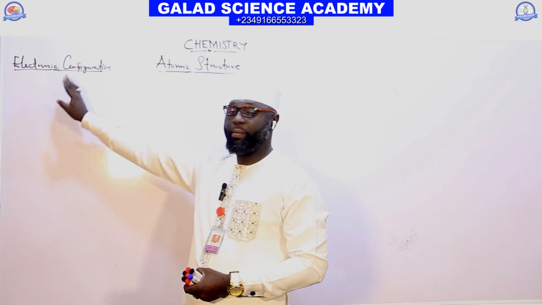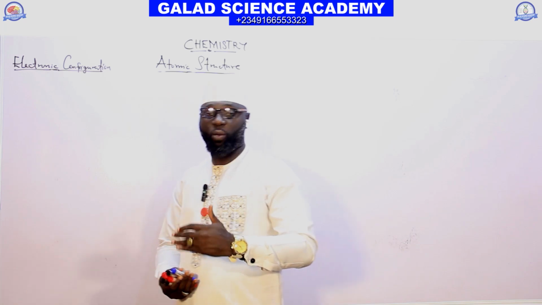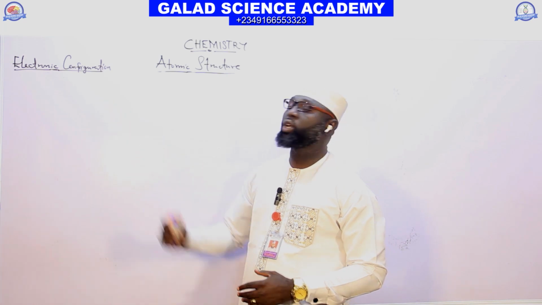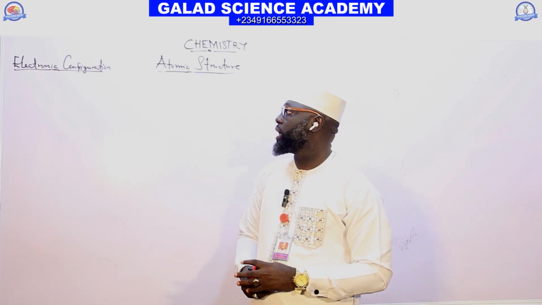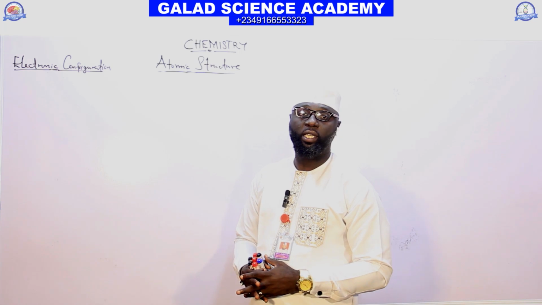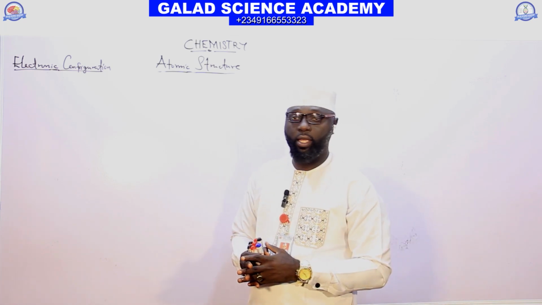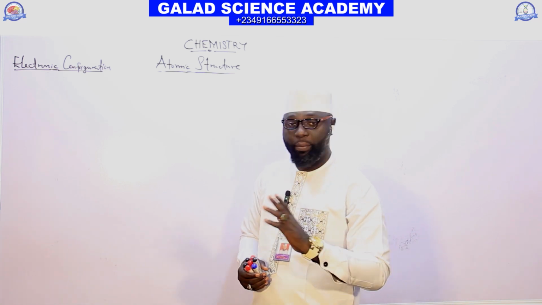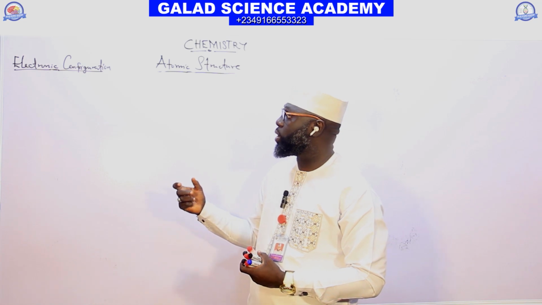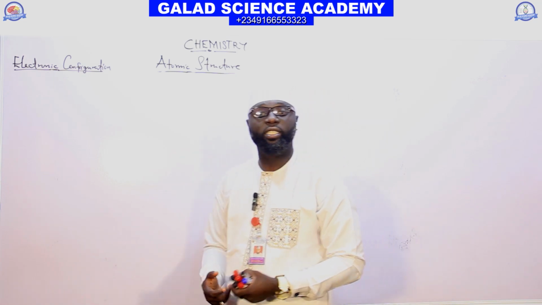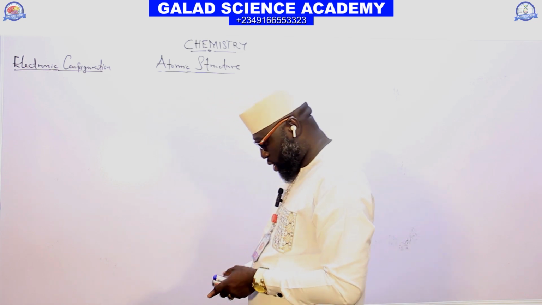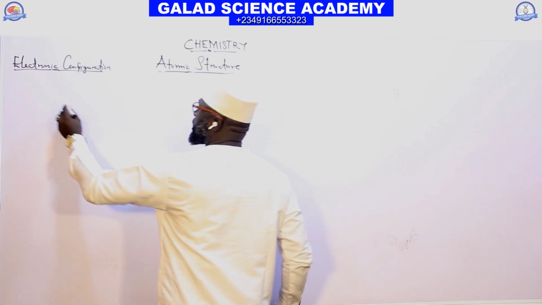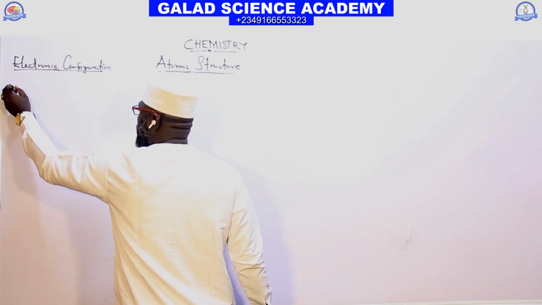So the orderly arrangement of an electron into the atomic orbitals of an element is called what? Electronic configuration. And the electronic configuration of an element can be governed by three rules. There are three basic rules that guide us on how to write the electronic configuration of an element. What are the rules? The rules that govern the electronic configuration. The first one we have